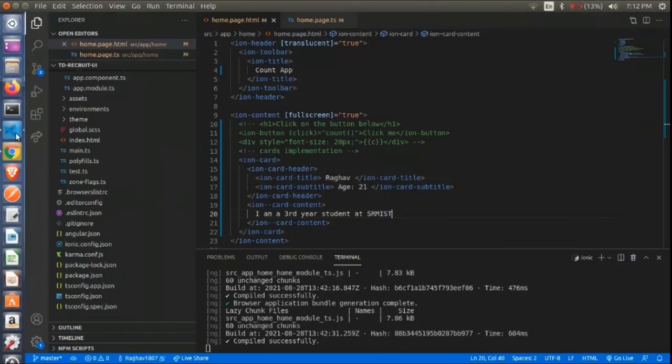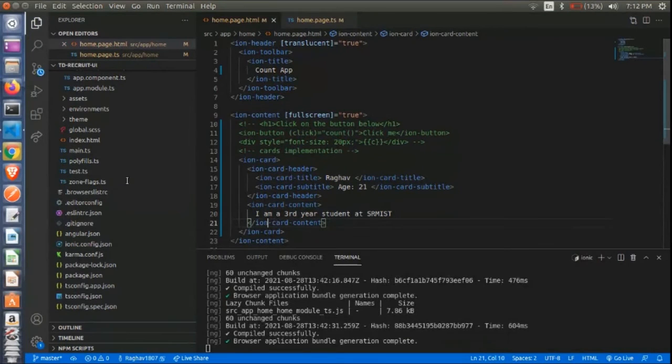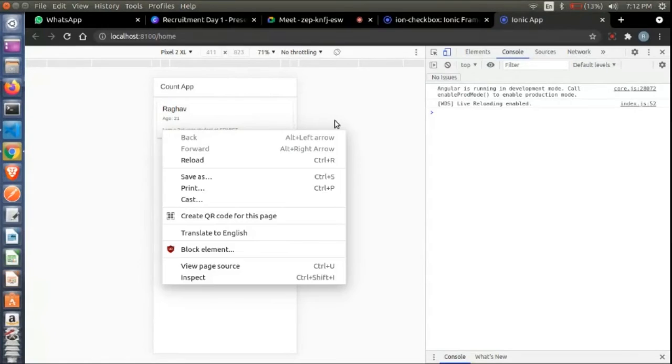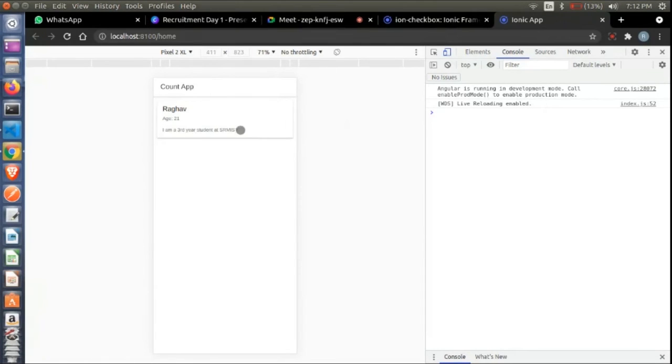Here you can see the content of the card has appeared with the text that I had given.